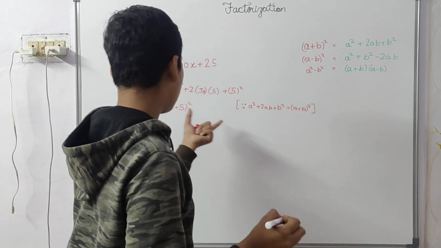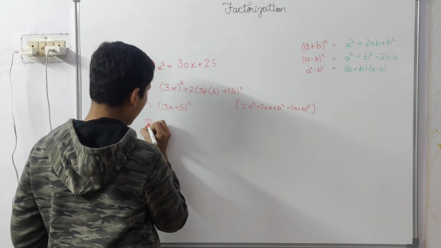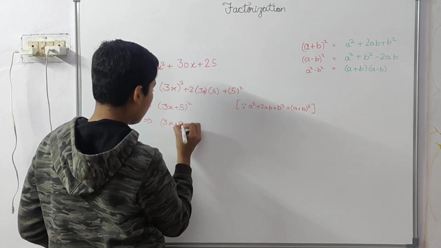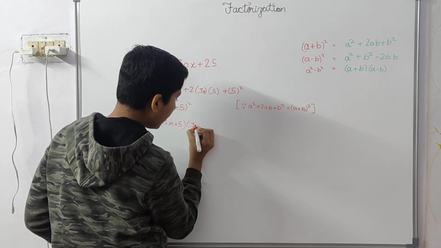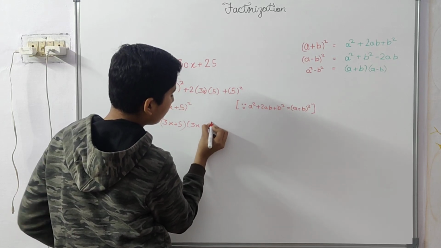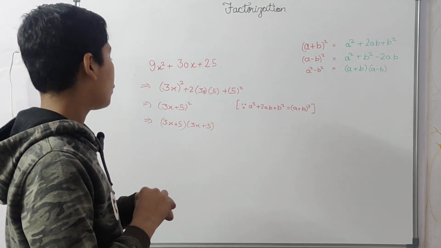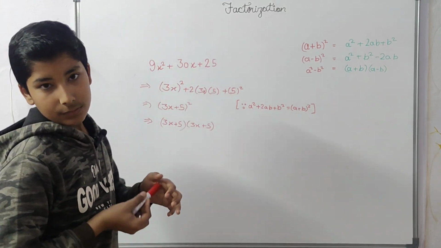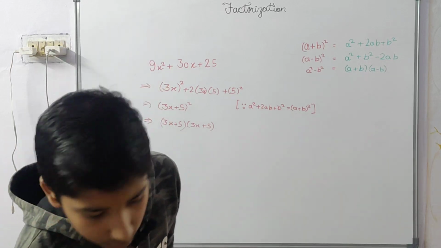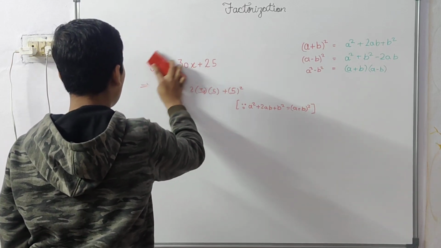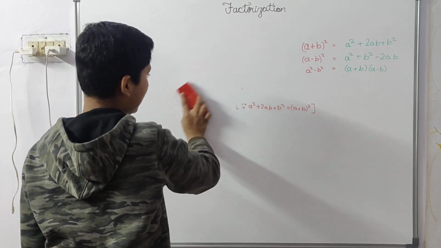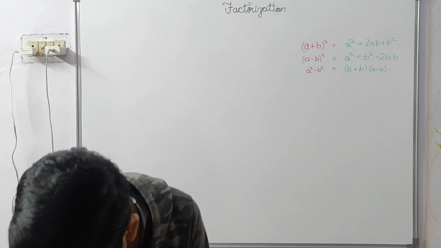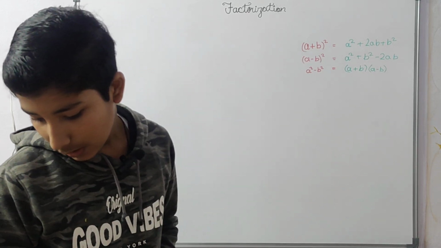But in exam you won't write like this. You will have to write it like 3x plus 5 multiplied by 3x plus 5. Okay, you will have to write it like this, or your half marks might be cut. Okay, now let's take the same type of question on identity, and then we will come to our middle term splitting. Let these identities be written over here. So our next question is